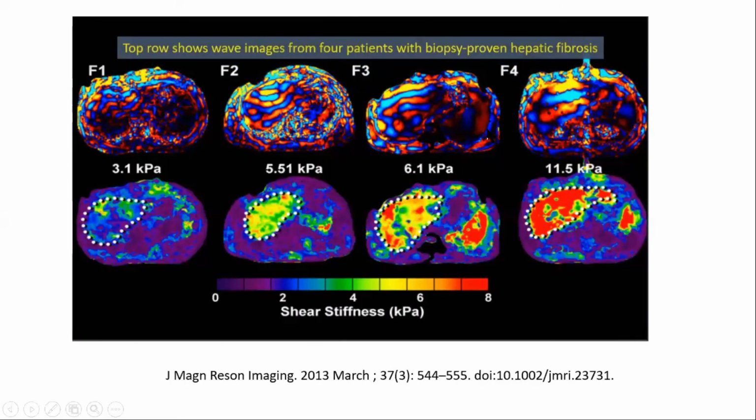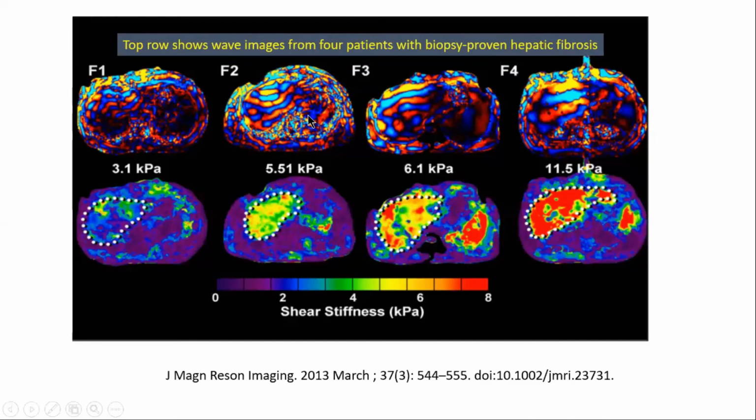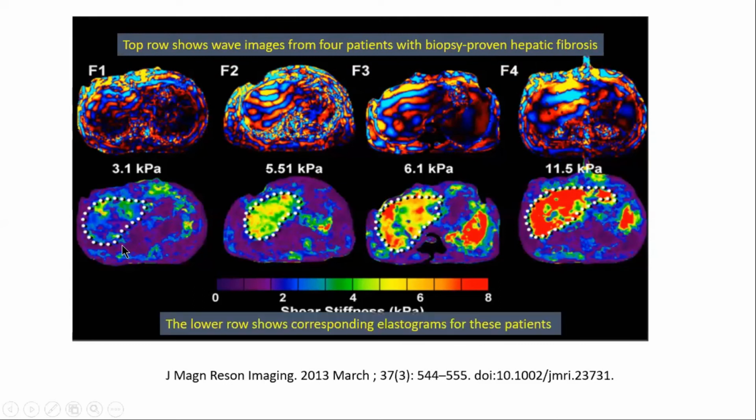Here, the upper figures are diagnosed cases of fibrosis and corresponding stages, shown here: F1, F2, F3, and F4, and the lower figures show the MR elastography changes. You can see that the higher the fibrosis stage, the more the color changes, such as in METAVIR F4 stage, where there is 11 kilopascal and the red color showing more fibrosis. The interpretation of the color is shown here.